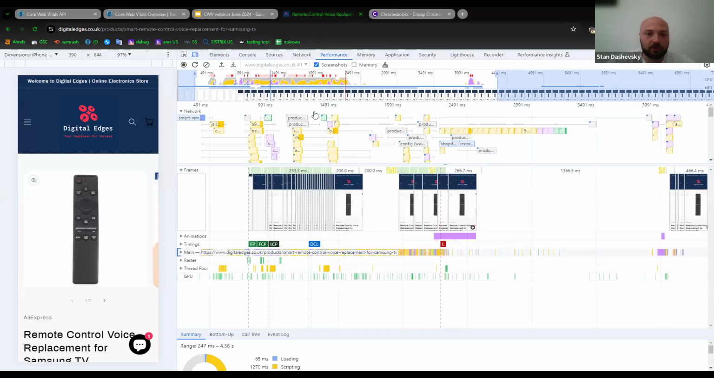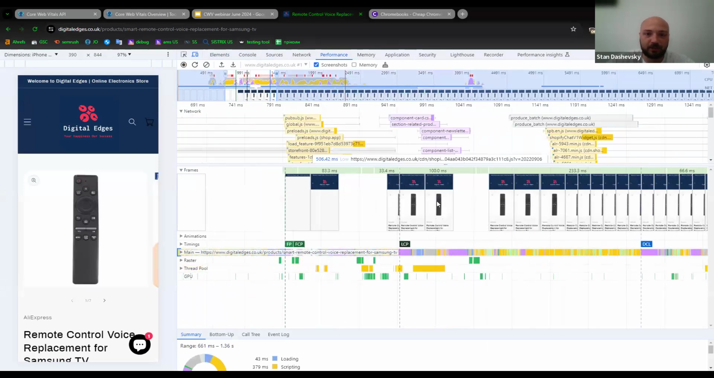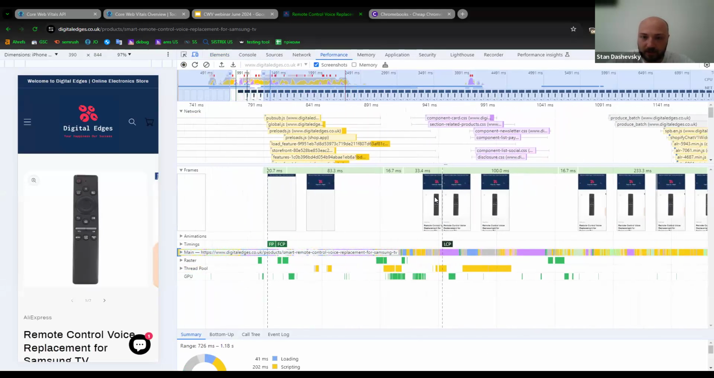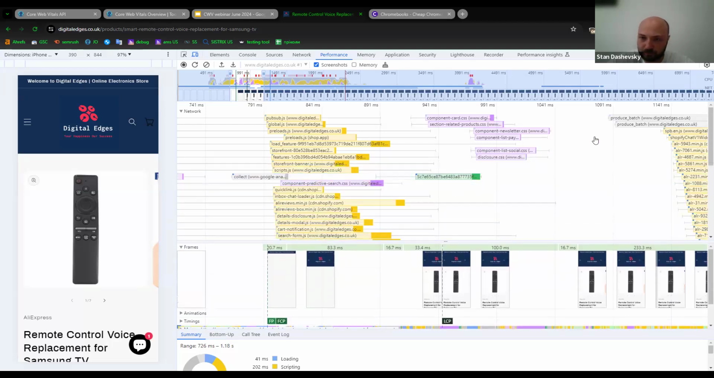Okay, so here is basically one of the most, let's say, classical examples of LCP, the largest contentful paint. As you can see, it happens right here when the image of the remote control is being uploaded. So what can we do in order to